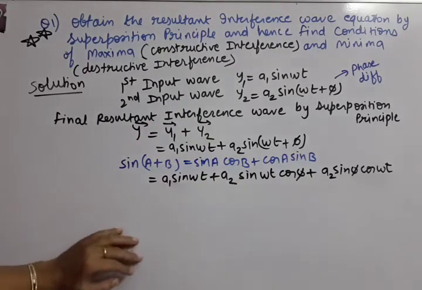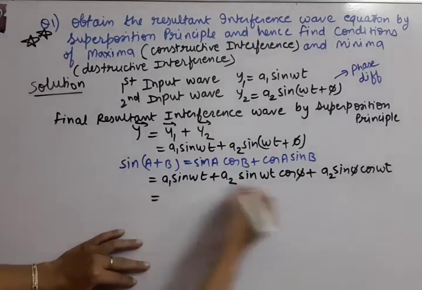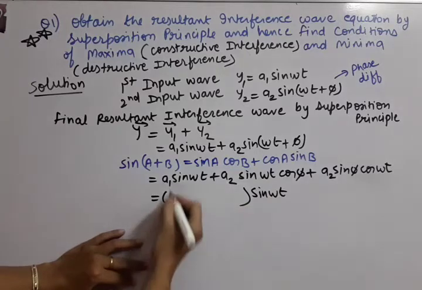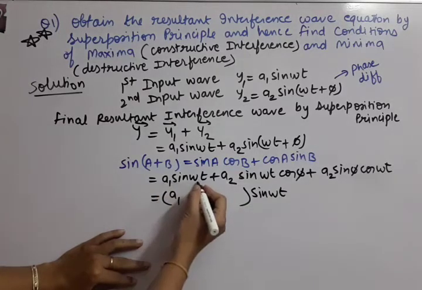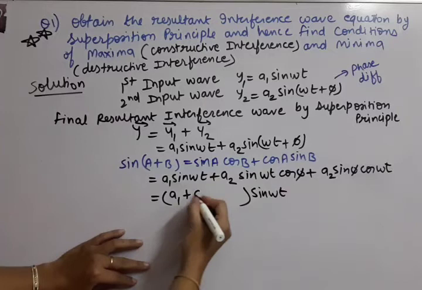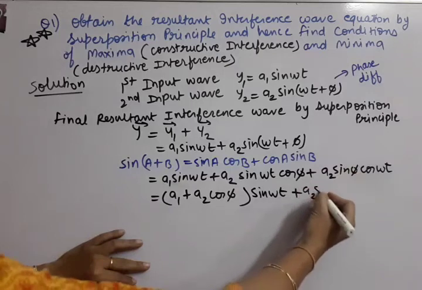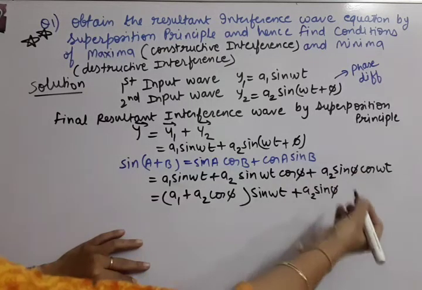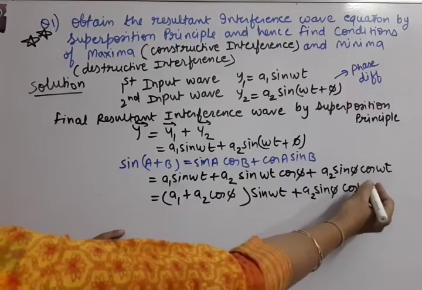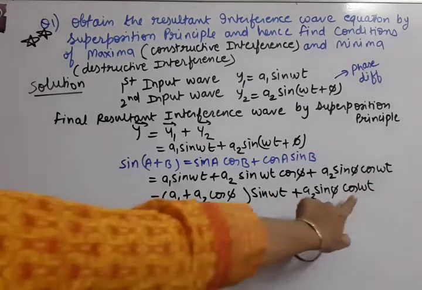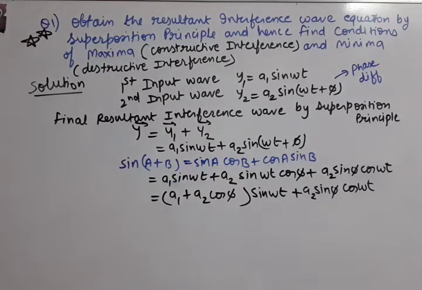Let us see now. So here you can see sine omega t can be taken common in first two terms. So here a1 will be left, and here a2 cos phi will be left in the bracket. And that side, it is already a single term, but cos omega t I should write at the second place only, because sin omega t is written at second place. Cos omega t should also be at the second place.